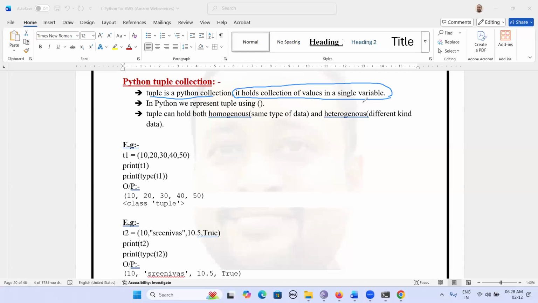Okay. So here we represent a tuple using parentheses. If we store any collection of values using parentheses, then Python assigns this variable type as tuple. Tuple we can represent using parentheses. In this collection of values, we can store homogeneous